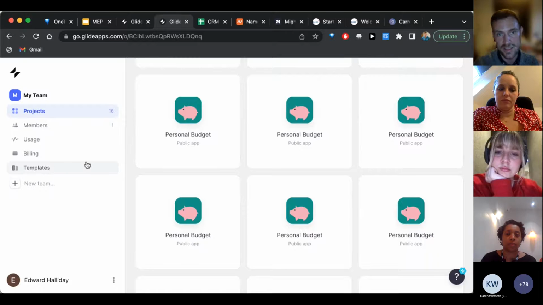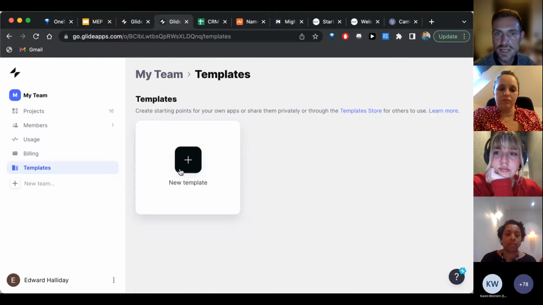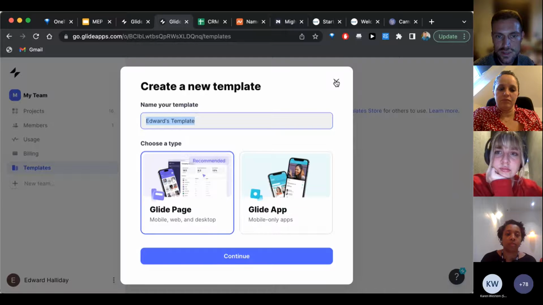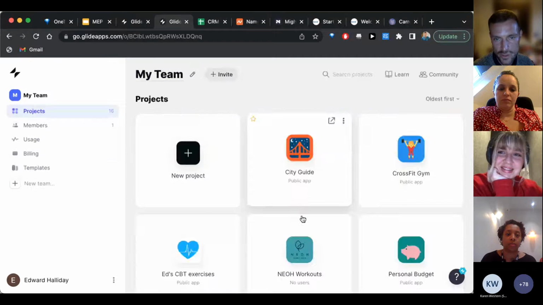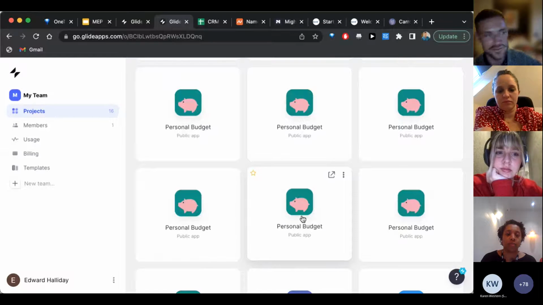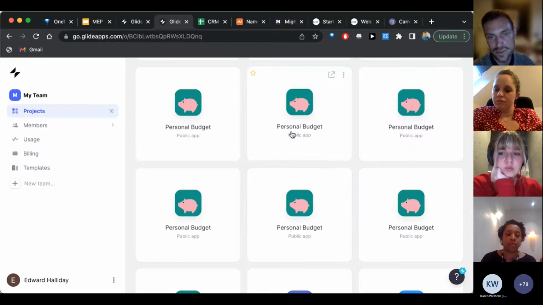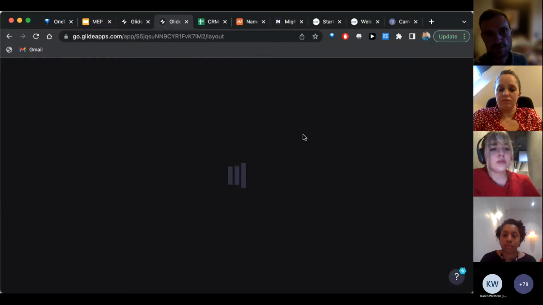But an even easier way to do this is if you look on the left-hand menu, you can actually find templates. So if I click on templates, okay, it looks like I've actually used too many templates. But anyway, let me show you. There's tons of templates on Glide for city guides, for Instagram style apps, and also like this one, a personal budget. So I can click on here, and hopefully, all being well,